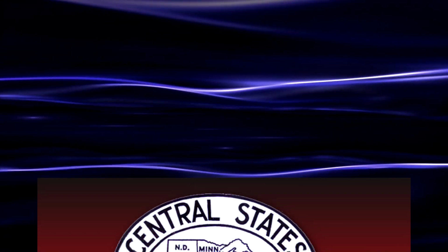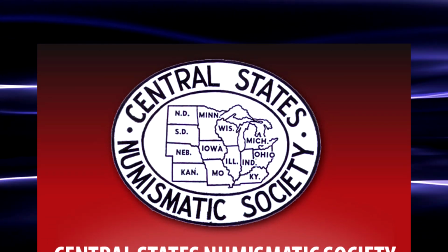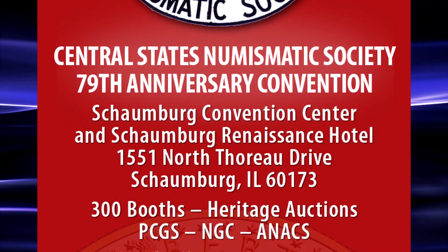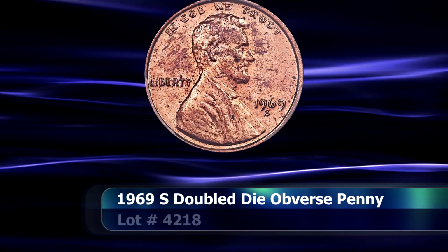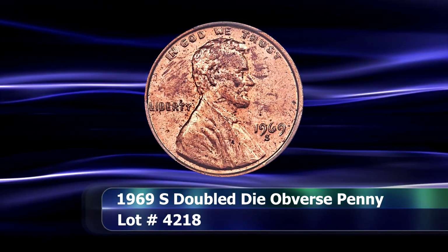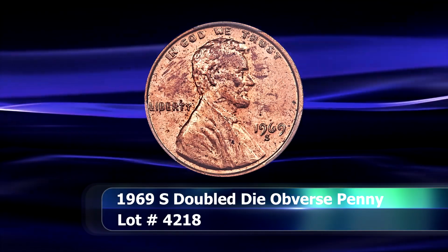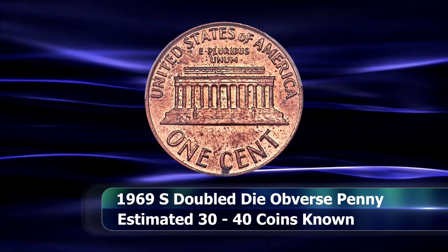During the Central States Numismatic Society's 2018 annual event held in Chicago, a number of interesting and noteworthy Lincoln Pennies were offered by Heritage Auctions as a part of their signature auction for the show. At the head of that class surely has to be one of the stars of the show, an MS63 Red example of the much-lauded 1969-S double-die Lincoln Penny, graded by PCGS, which makes it one of only 4 coins